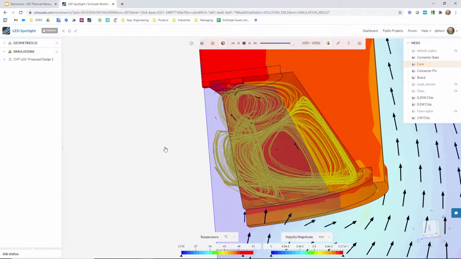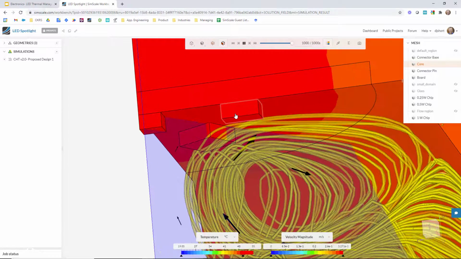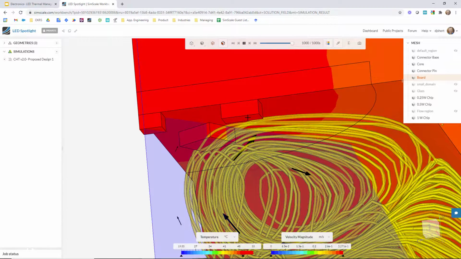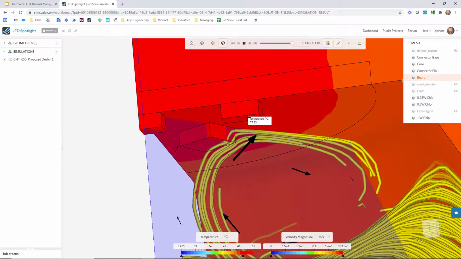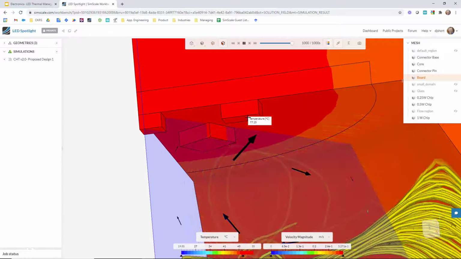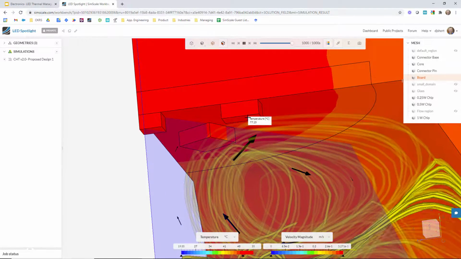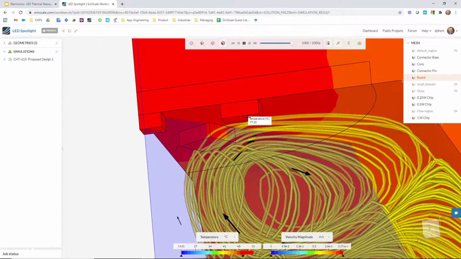Our result of interest is really the junction temperatures, and we can find these. If we zoom in on the diodes themselves, we can pick points within the model to inspect temperatures, for example. So we're looking at a temperature of 77.25 degrees Celsius on the case surface of the LED. That's not going to be the exact junction temperature. You'd want to then back calculate the junction temperature using the thermal resistances provided by the manufacturer to get from your case temperature back to the junction temperature.